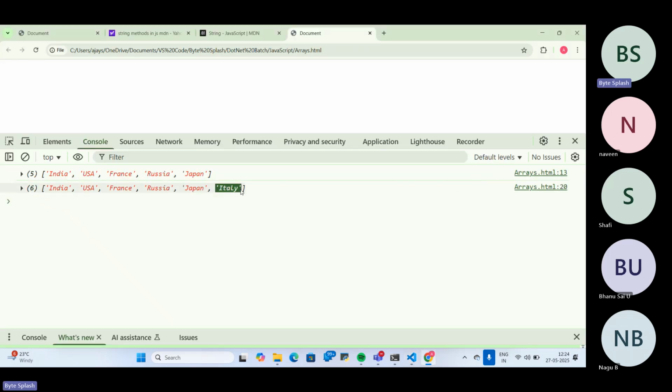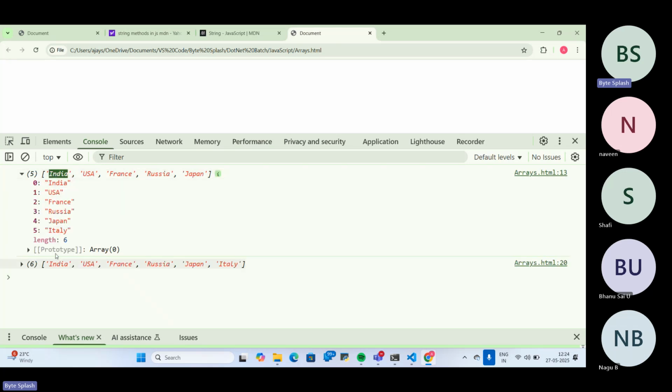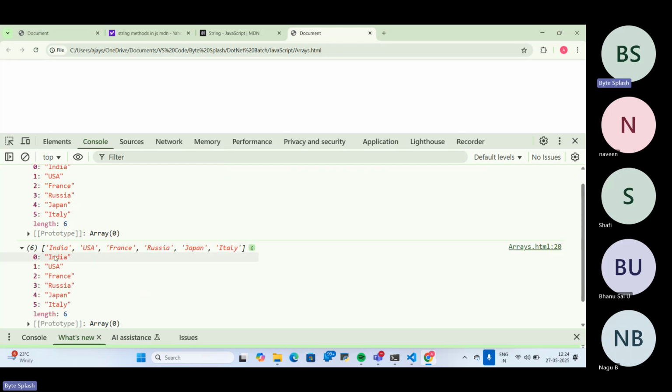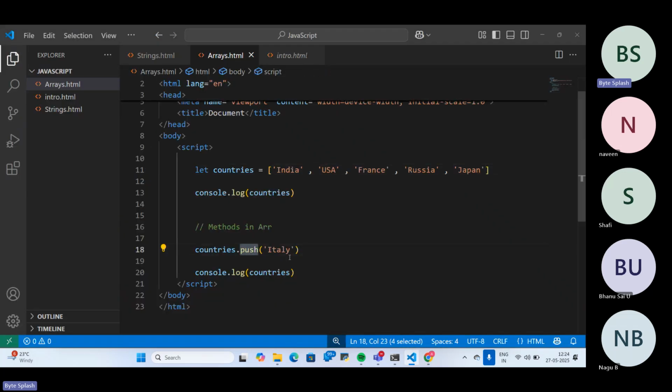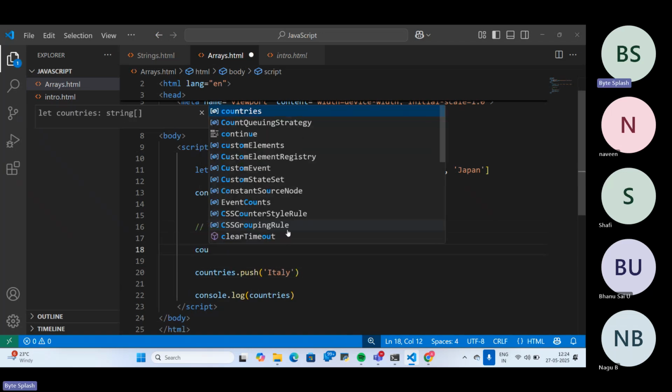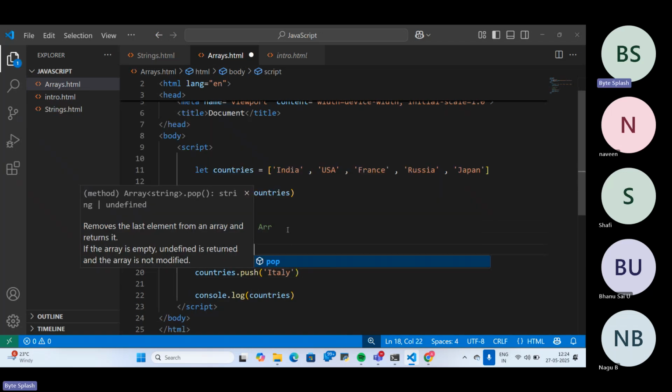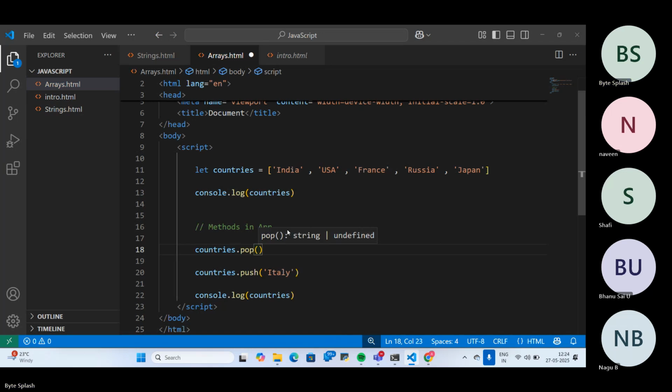See, just remember the original positions of the items which are already available inside this array, they are not going to be disturbed. So the India index value is 0 in this original array, and here also the index value of India is 0. The original position of array items stays as it is if we are using push and also pop. If we are using countries.pop,